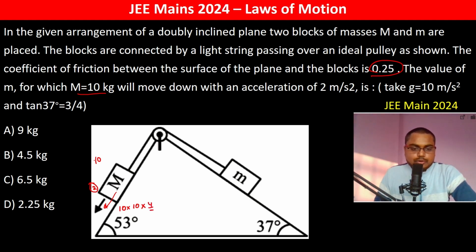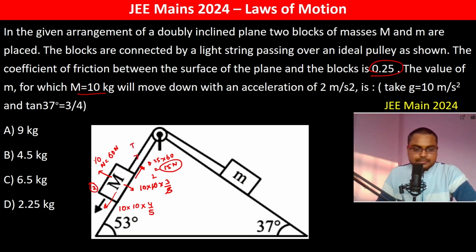Sin theta is 4/5. ओके, इधर हो गया mg cos थीटा 10 into 10 into 3/5 और यहाँ पे N हो गया है ना, N will be this only, ठीक है। 10 into 10 into 3/5 ये हो गया 60 न्यूटन। इसका मतलब कि फ्रिक्शनल फोर्स इस डायरेक्शन में लगेगा, which is mu into N, 0.25 into 60 which is going to be 15 newtons और इधर T हो गया, ठीक है।